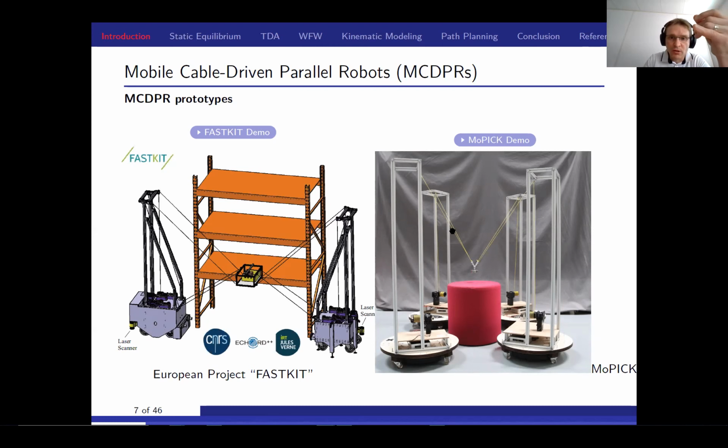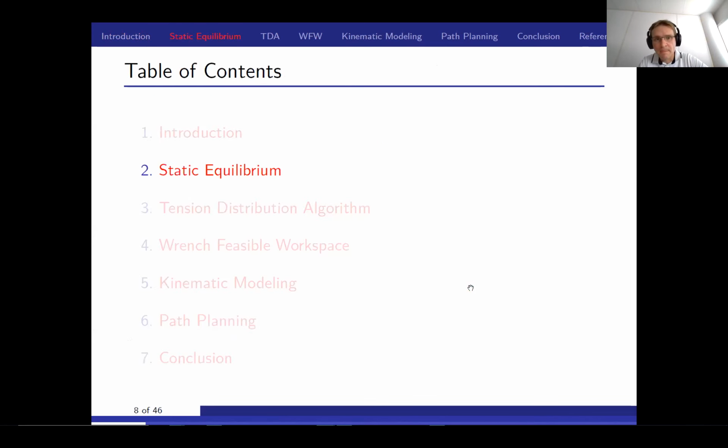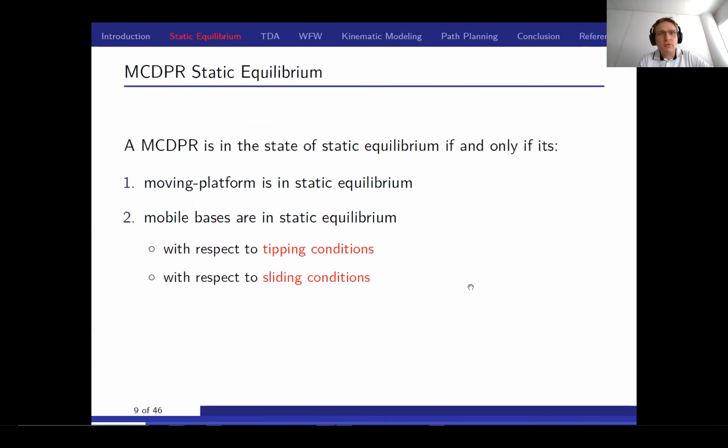And on the right, this is a mobile CDPR composed of four active mobile bases and a simple point mass end effector. So here in this work, we mainly focused on the static equilibrium of such a system. So it makes sense that the mobile CDPR is in a static equilibrium as long as its moving platform is